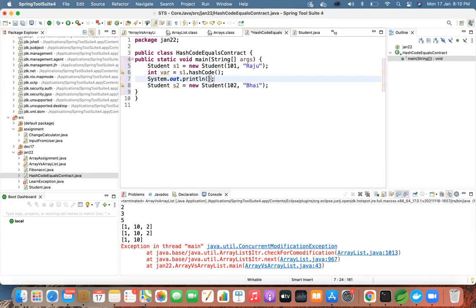Just have "s1 hash code" in the string so that you can identify the difference in the console. Then copy the same lines 6 and 7 and do it for the second object, and here instead of s1, give s2.